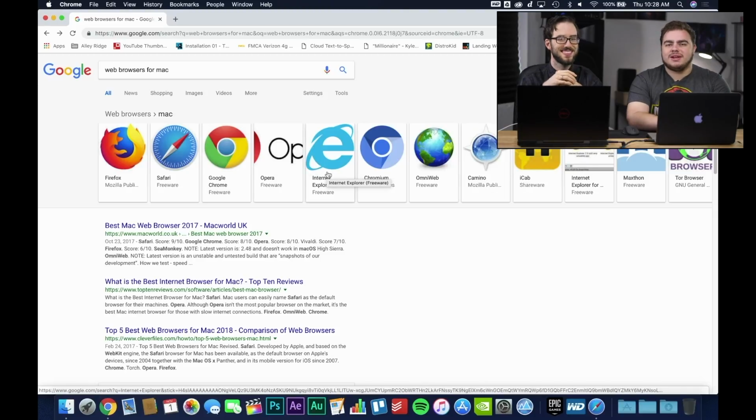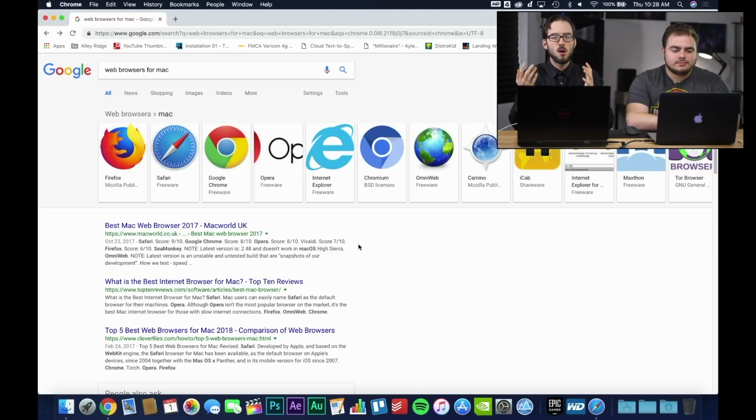Internet Explorer, that hasn't been on Mac since 2003. So that's not really a good option. You can get Chromium. Chromium works, so that's good. So all in all, your most popular web browsers are available on macOS, which is good. Safari is a decent web browser to start off, but a lot of people like Google Chrome or whatever. I don't like Safari, I'm sorry. And that's fine. Anyway, let's jump over to Windows.